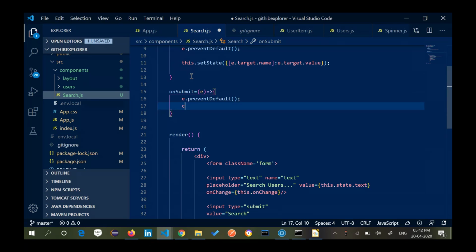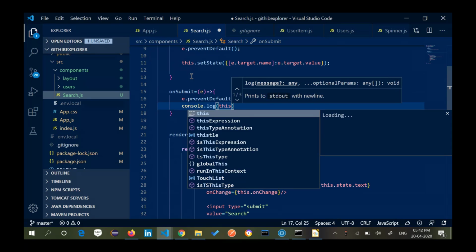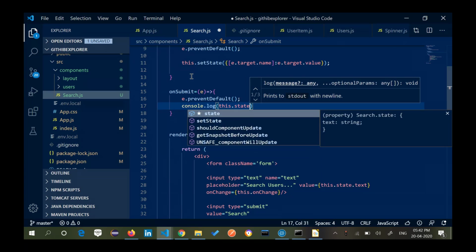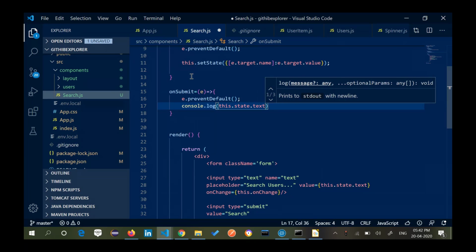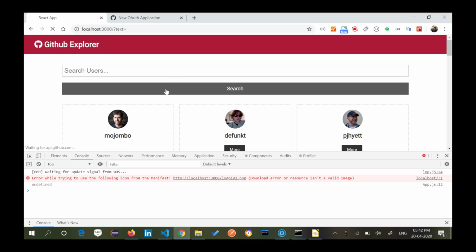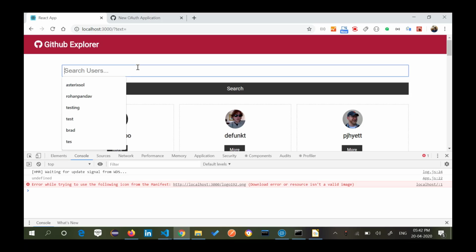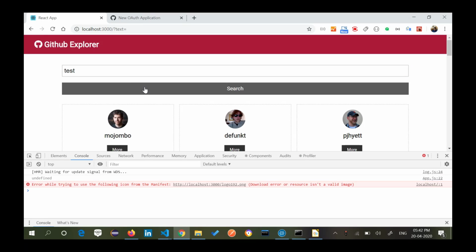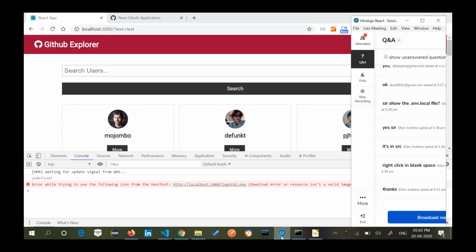Next I'll do console.log this.state.text. Let's see whether whatever we have searched is actually showing up. I'll say test, and I'll say search.